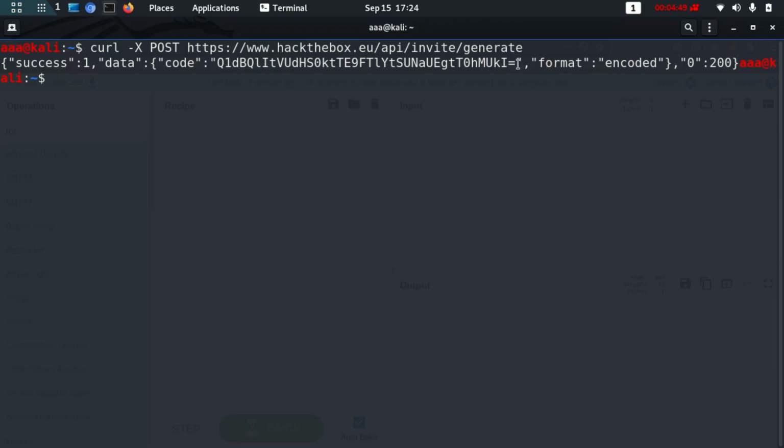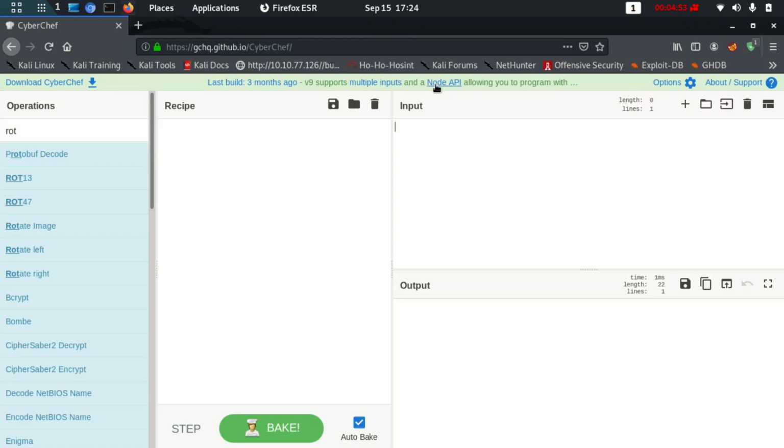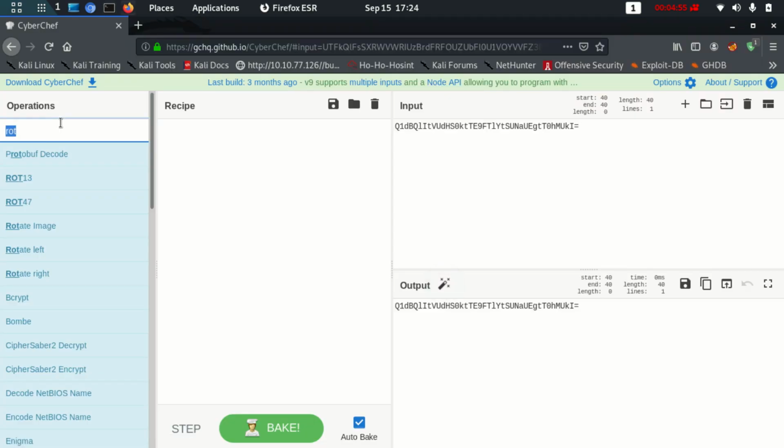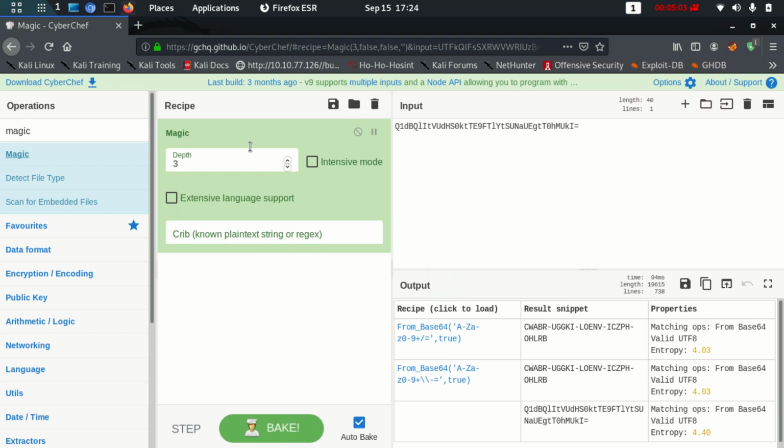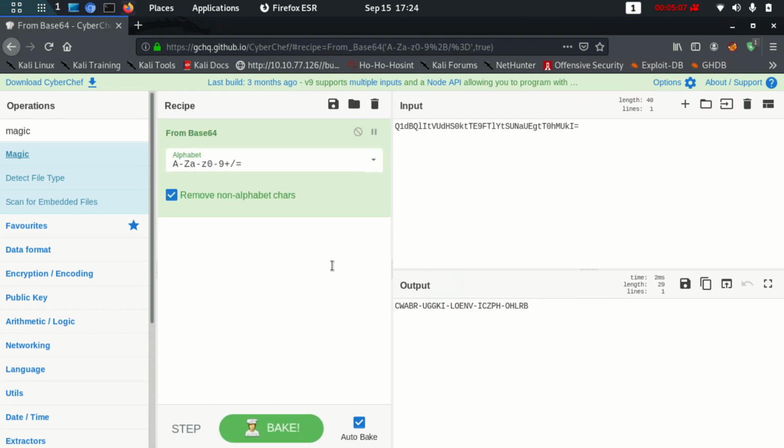Let me paste it here, and let's see. Since this is base64, because I can see the equals sign, you can even use the magic module to auto-predict what type of hash this is. So this is base64, and this is your invite code which you need.